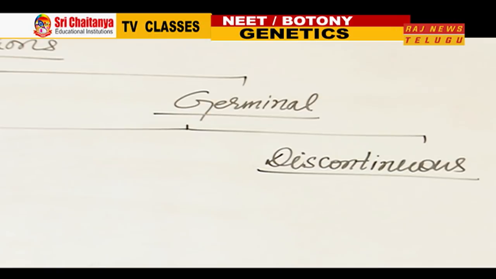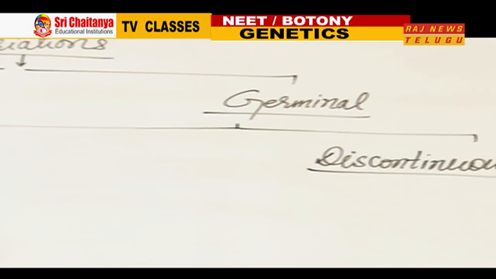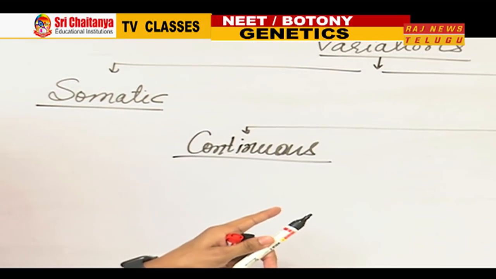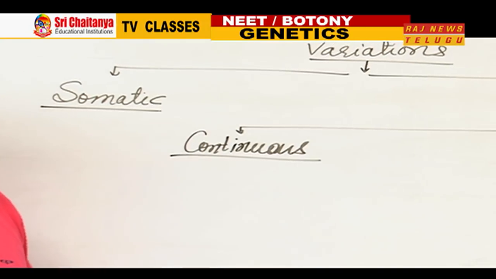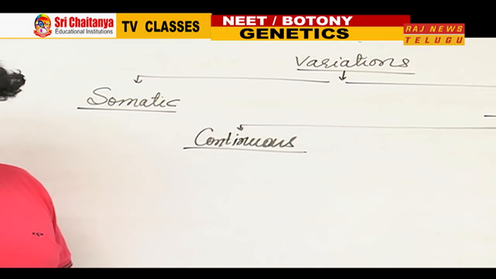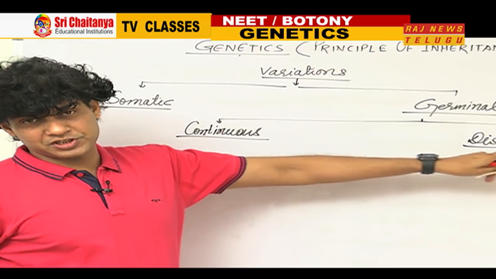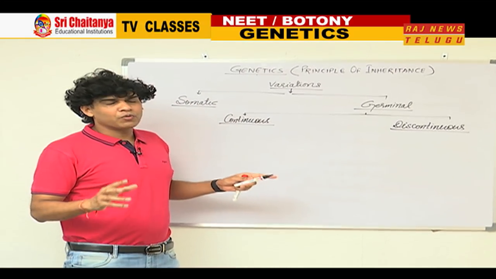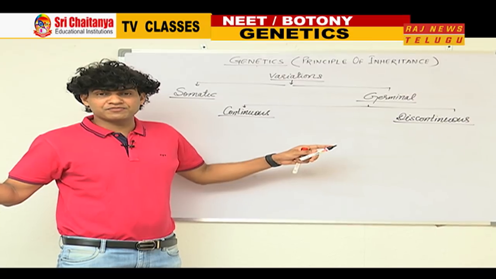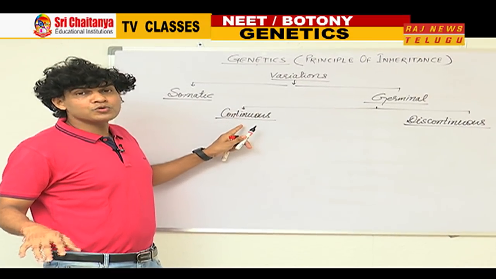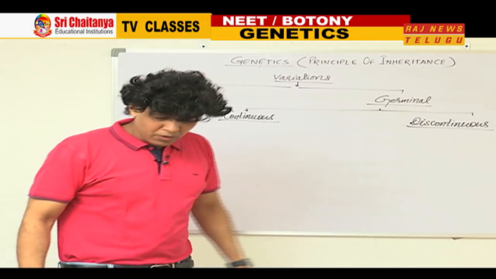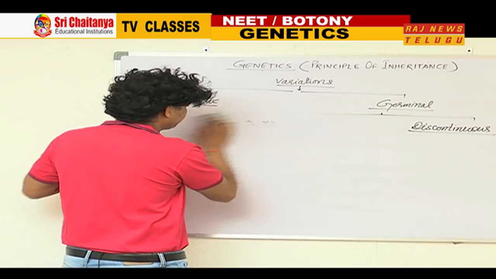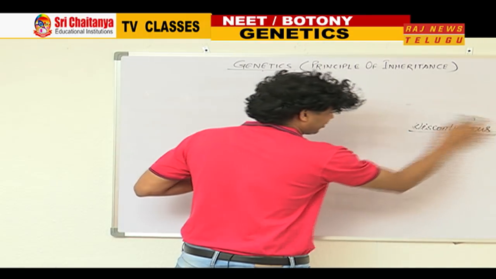So all those characters upon which Mendel worked, I mean pea plant characters, height of the plant, shape of the pod, shape of the seed, color of the flower, they all are distinguishable in only two forms. So they all were discontinuous variations. But human height, human skin color, human IQ, they all have a large number of variants of the phenotype. That is why they belong to the category of continuous variations. So I hope you are comfortable using the terms continuous variation and discontinuous variation. So it was the general introduction of the terminology.